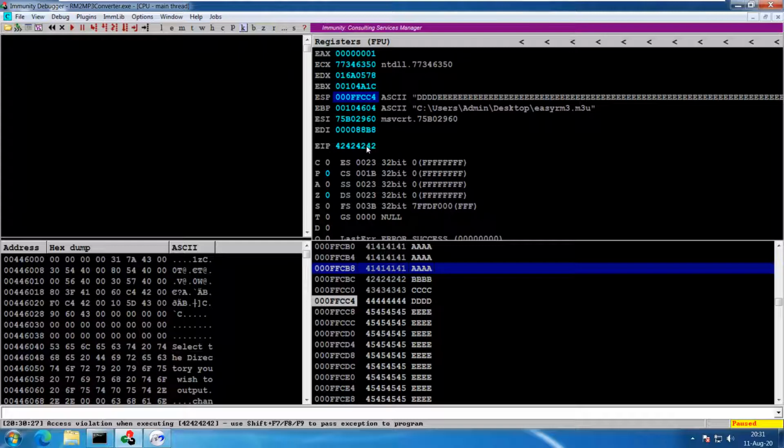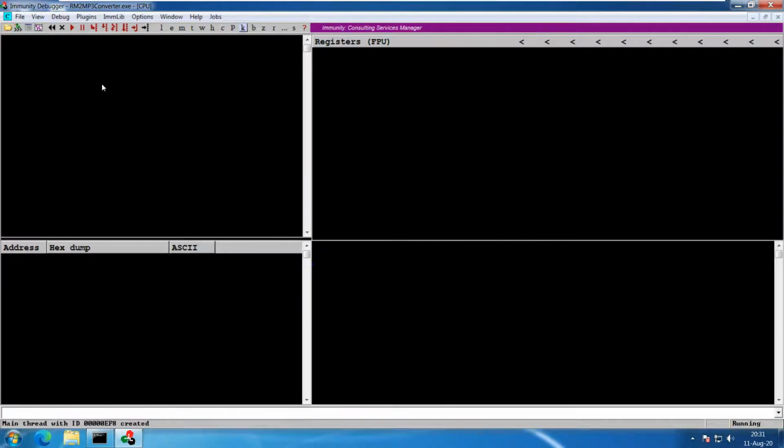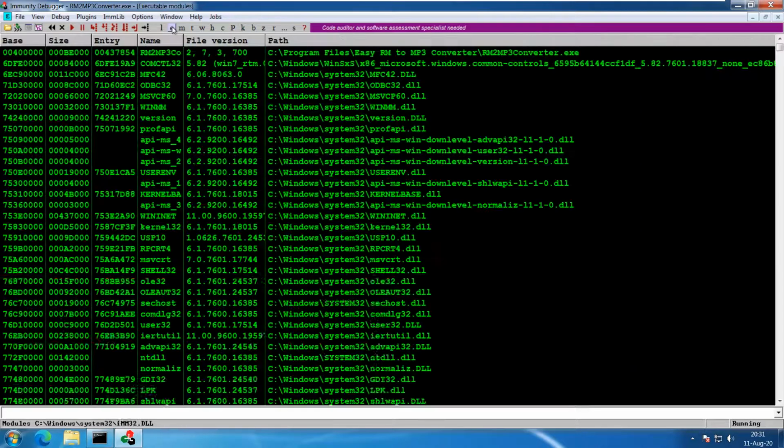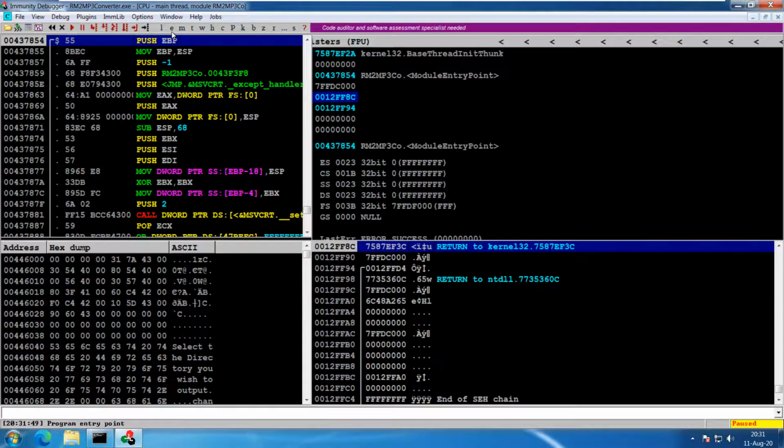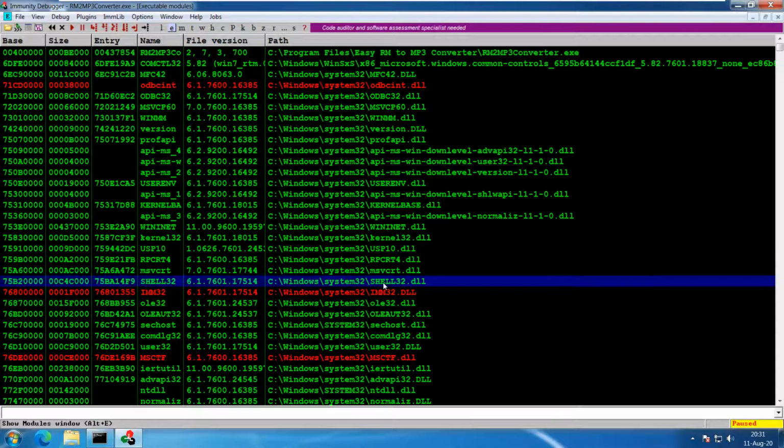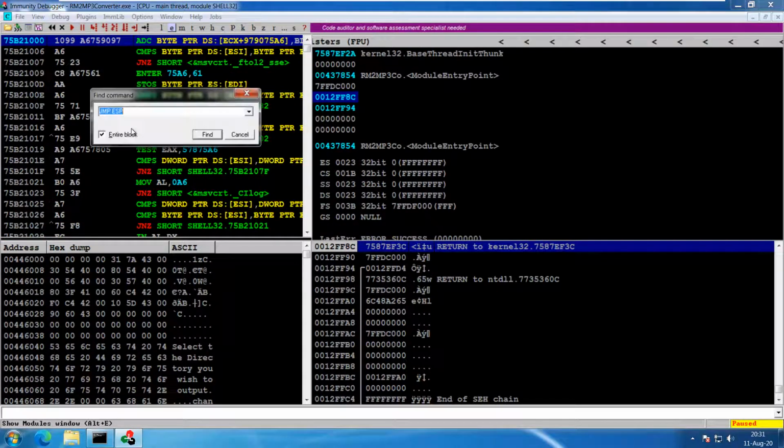So the two main ingredients would be the jump ESP instruction and the calculator shellcode. The first ingredient, we can find from the list of executables inside Windows 7. I will use the Windows 7 system DLL shell32.dll and search for the command.